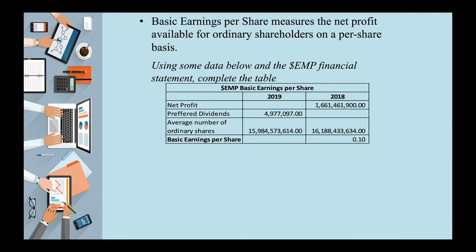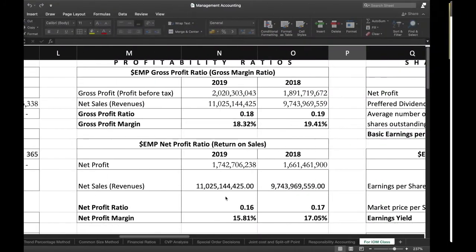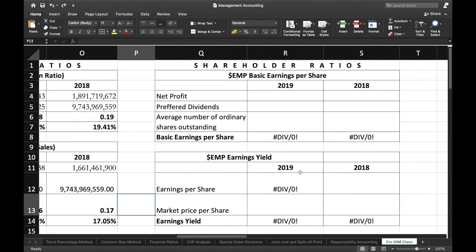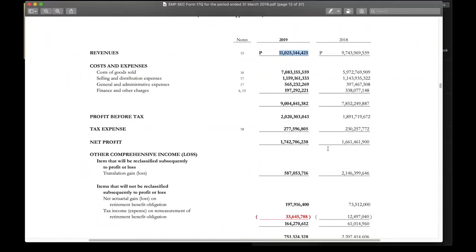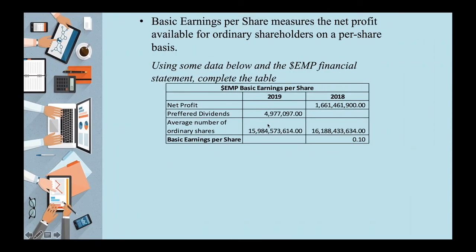So using some data below and the EMP financial statement, complete the table. Wow, complete pa lang. Nautusan pa. Complete the table. Sige, complete daw natin. Ayan. So we have here preferred dividends,